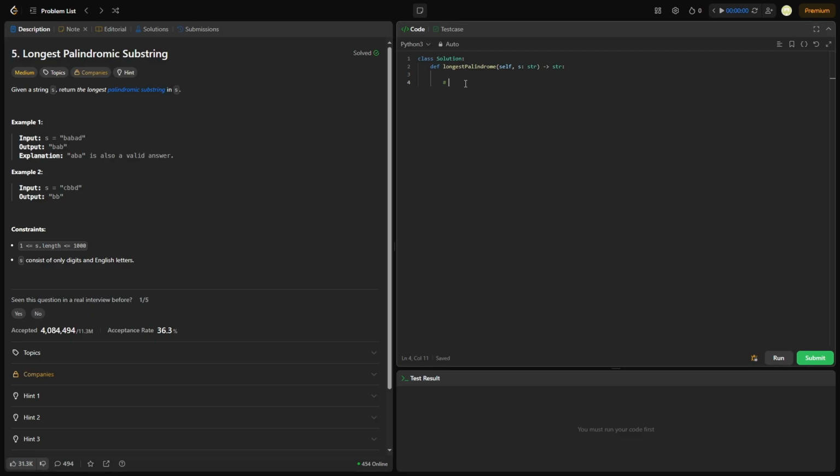So the way we're going to do this is, first of all, we're going to find the longest length palindrome. Initially it's going to be 0, right? Okay. And what we're going to do, let me just take this string here, is go through this linearly, and as we go linearly, we're going to do the expansion, and do it that way, okay? So we're going to go through this string linearly, so we're going to say for i in range, length of s. This is going to be for the odd length